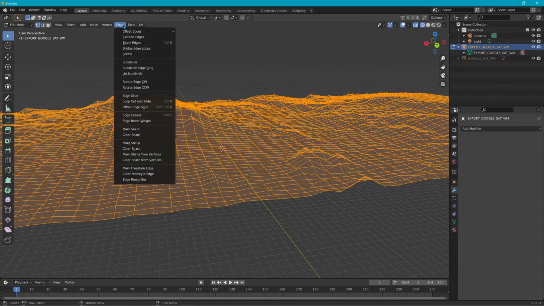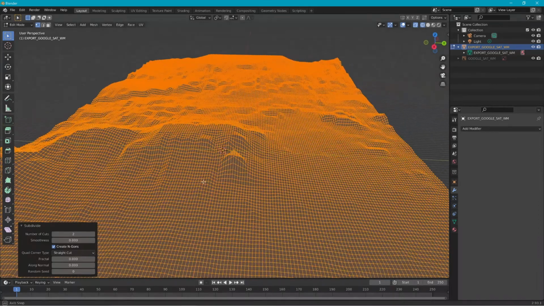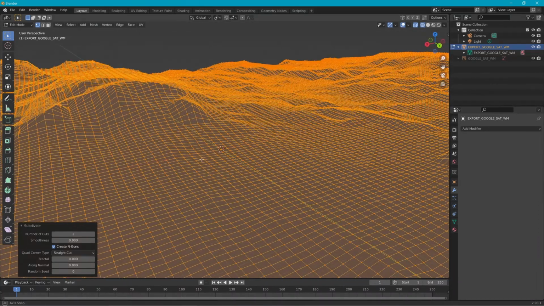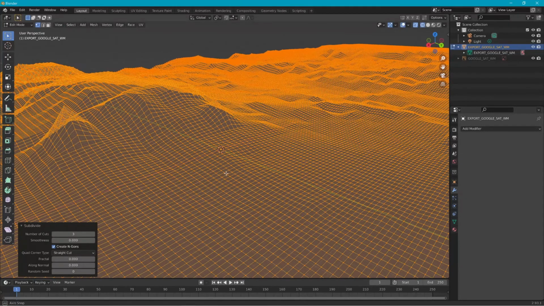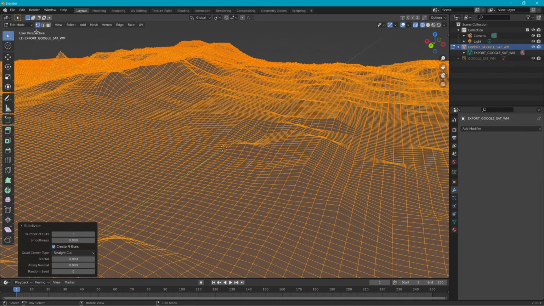And you go up to edge, subdivide. I wouldn't subdivide it too many times. You remember you got to make a duplicate of this to drive on it. And then you got to consider all the other stuff that's going on in the level. But you can kind of help some of this out